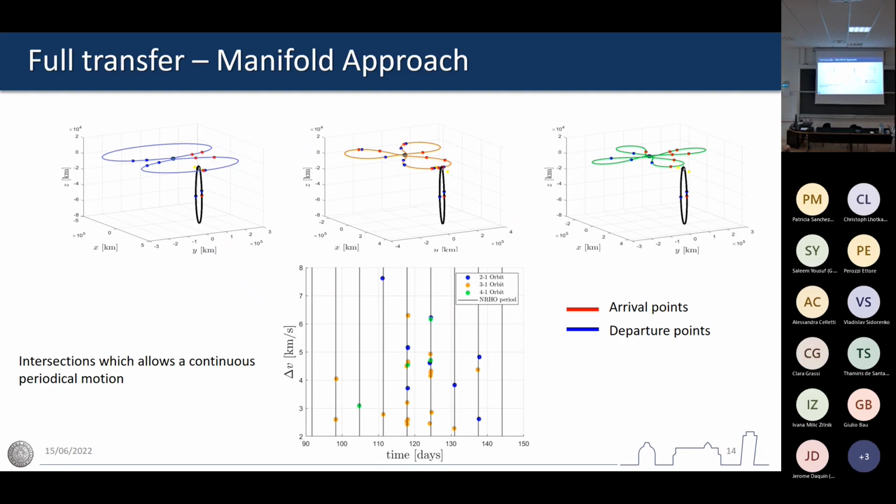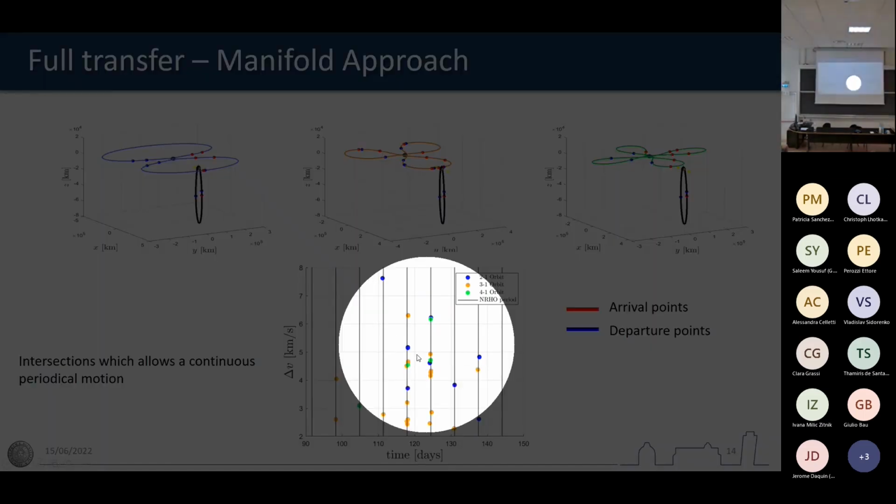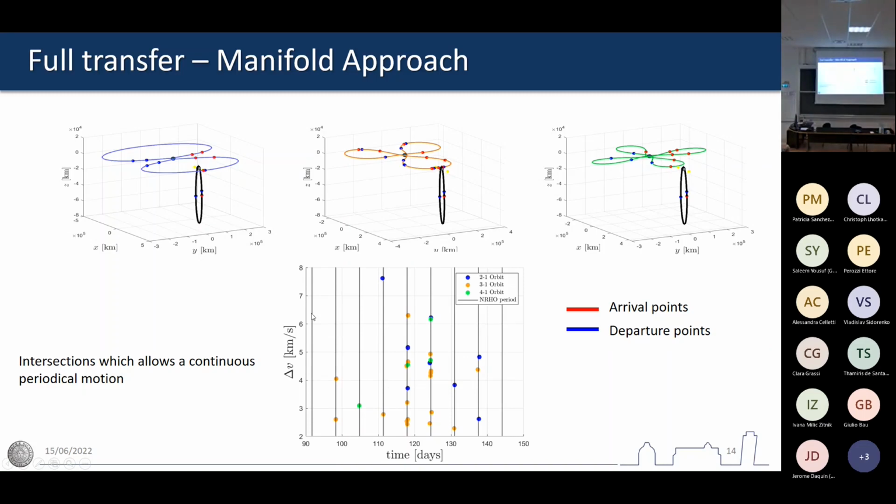So, as you can see in this graph here, we considered only the intersection between the stable manifold of the parking orbit to leave the resonant orbit, reach the intermediate parking orbit, and then move to an unstable manifold and go to the NRHO, and then do the path all the way back. I will show you a quick video to be more clear. But among all these